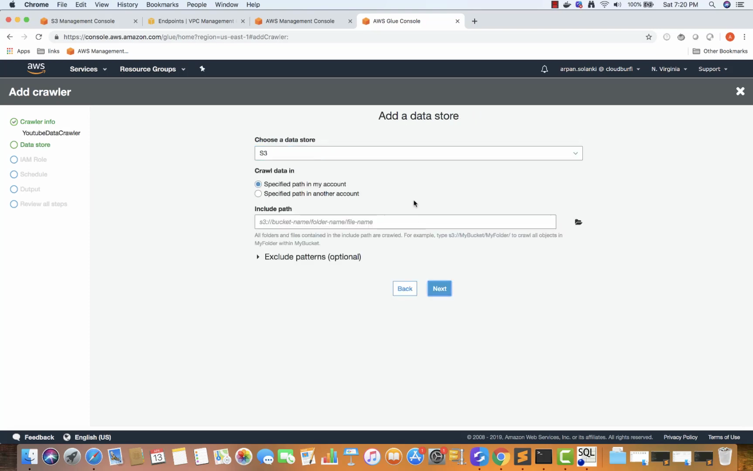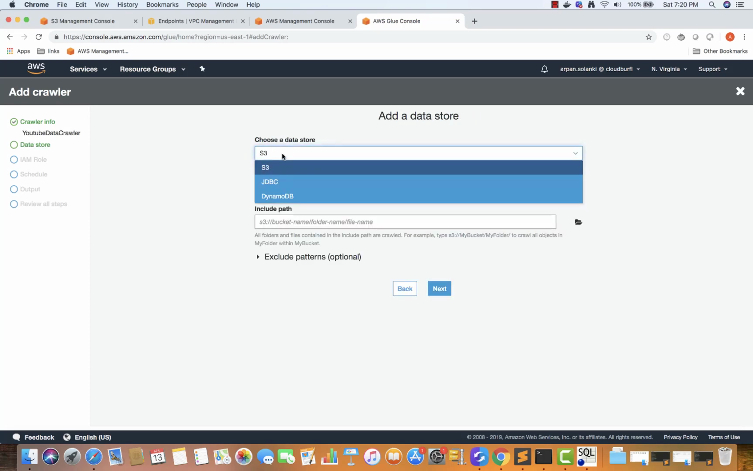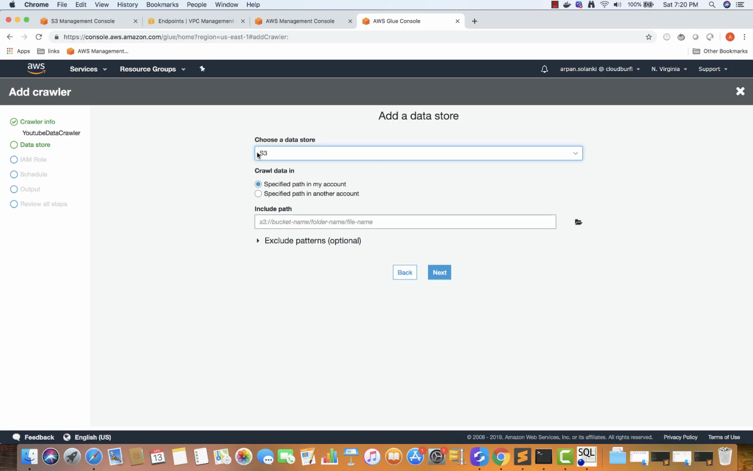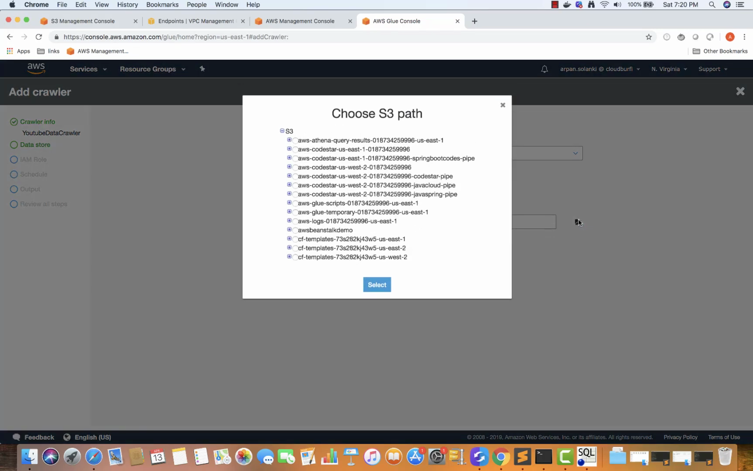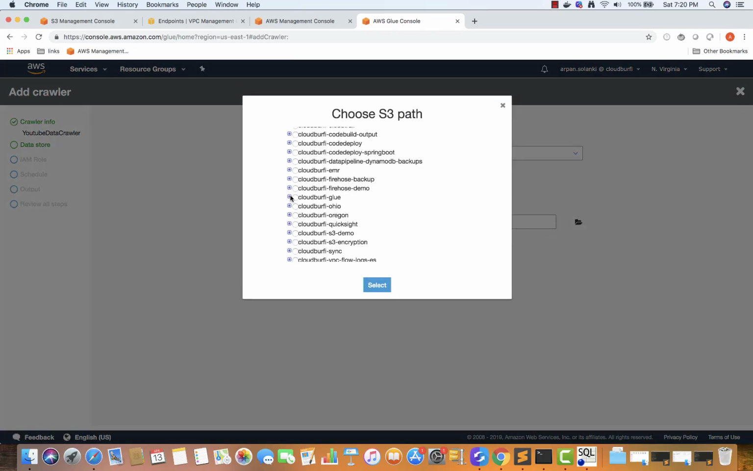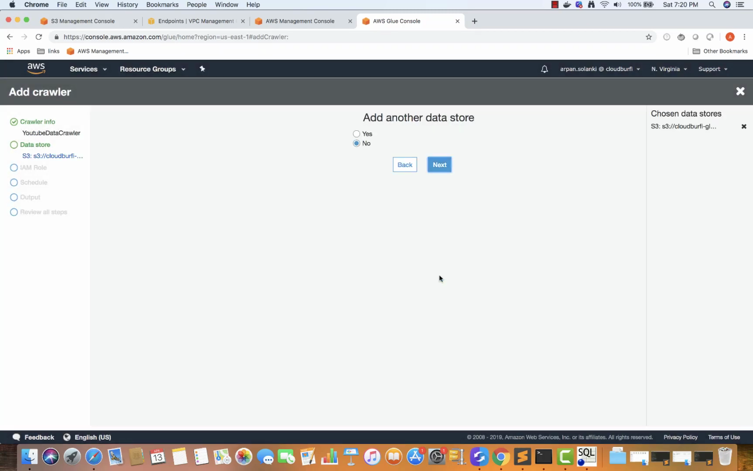crawler, click next. And the data store is S3, and the other data stores could be JDBC, DynamoDB, like Redshift or RDS, but we'll go with S3. And then the path, this could be in our account or could be public data in somebody else's account, or non-public data in somebody else's account if you have access. So I'm going to click on select path in my account, and over here I'm going to select the file, click next,